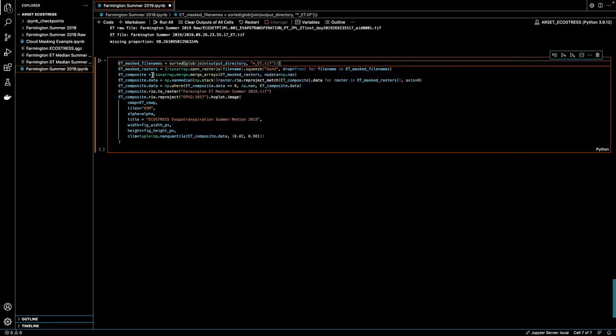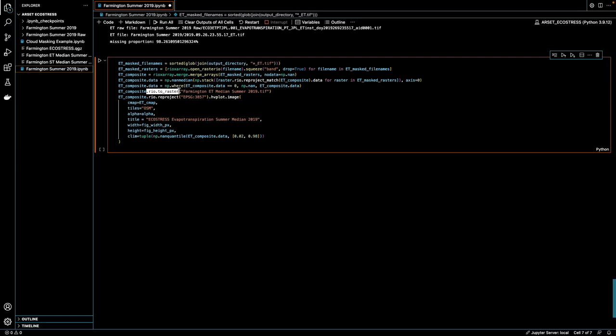We're forming a composite of these images with rioxarray.merge.merge_arrays. We're calculating a median of these images with np.nanmedian, filtering out erroneous 0 values from the composite, and then we're writing our composite with